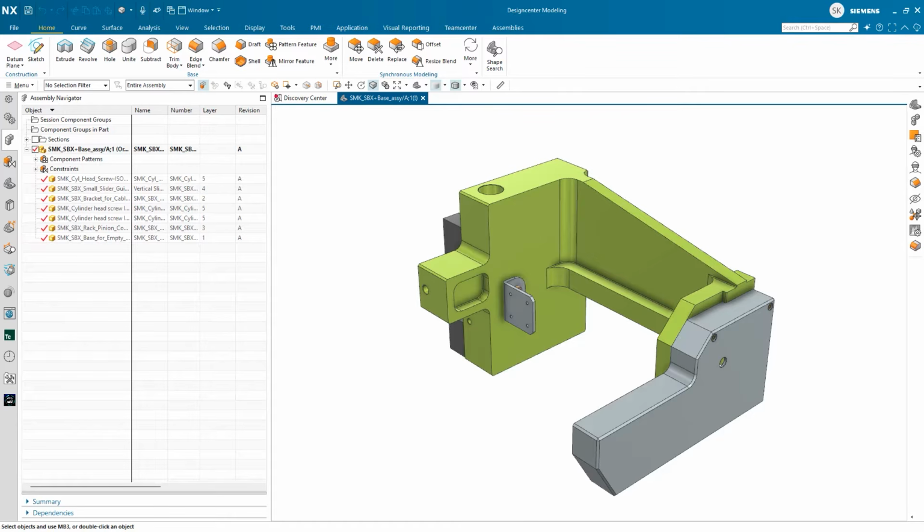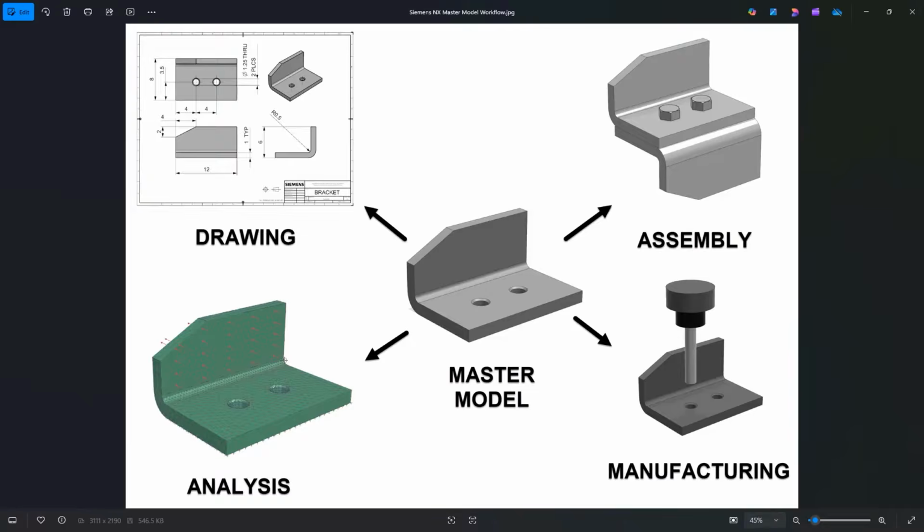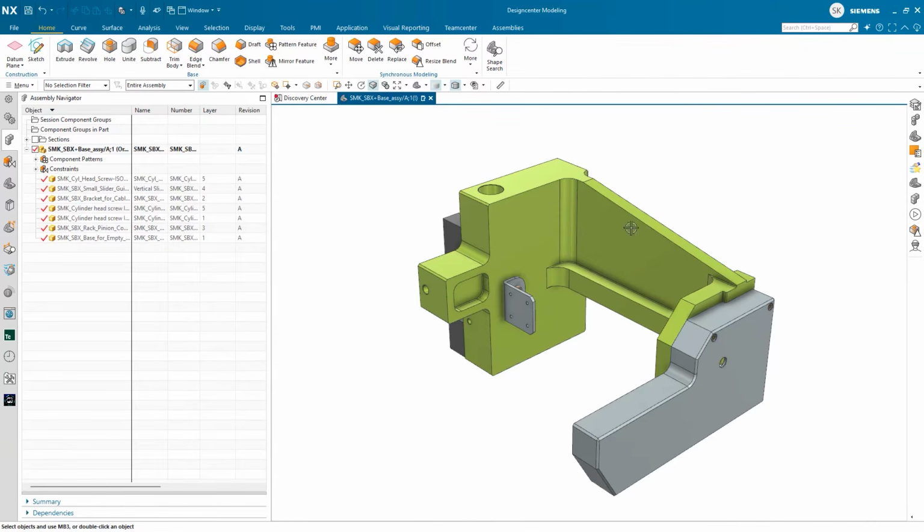I'm going to start using what we call the master model approach. So in this case, what the master model does basically, whether it be a component or subassembly, is I can pull information into a different file and work concurrently. So I could have one person doing one, another person doing the other, whether it be analysis or manufacturing. Once I have these capabilities inside of my understanding in the context of Teamcenter, I'll be able to do this.